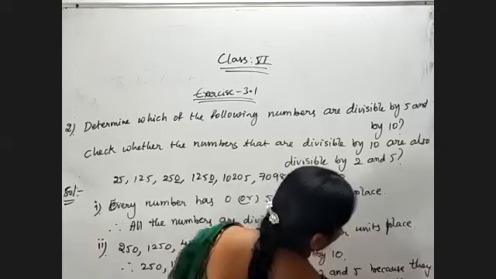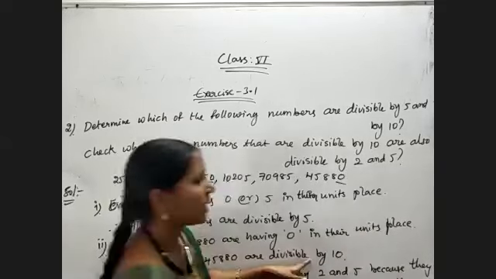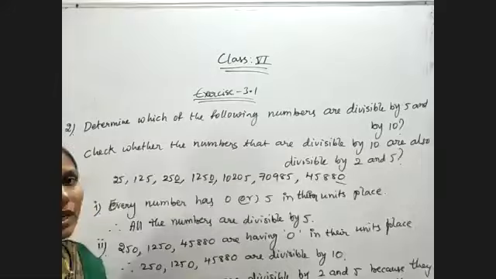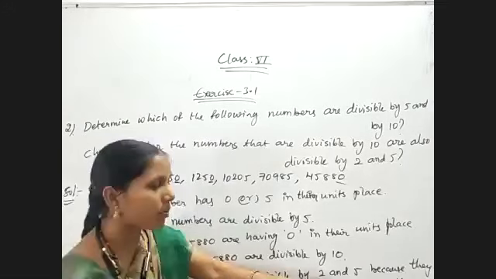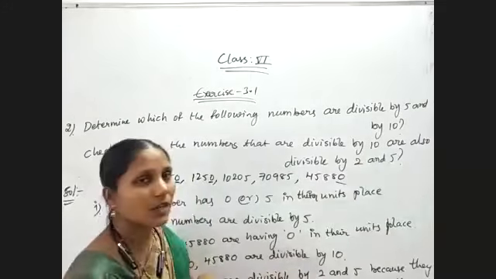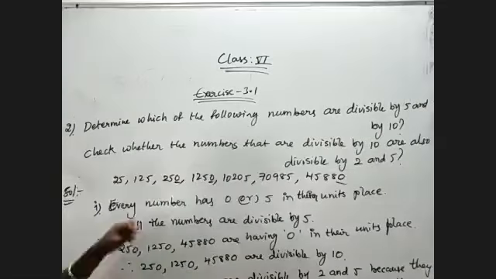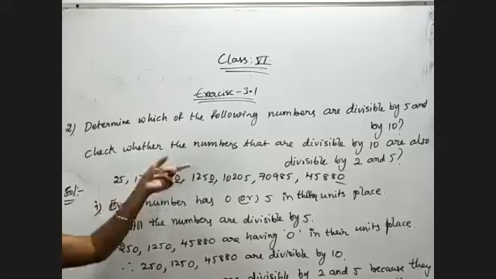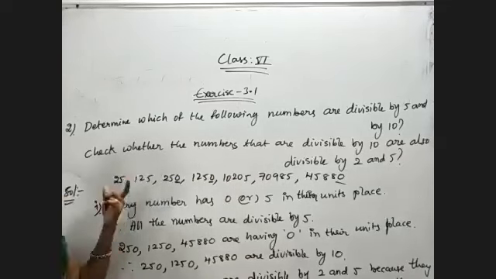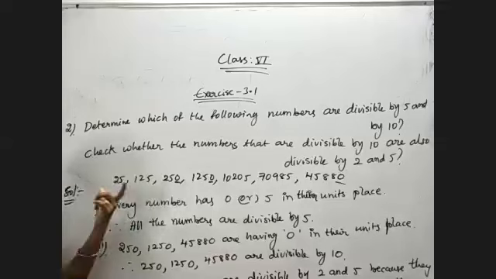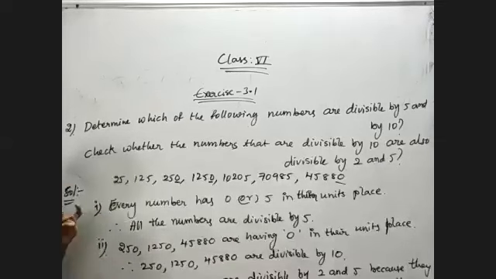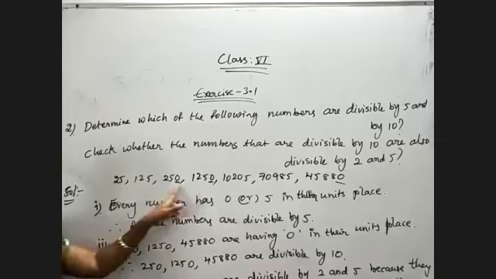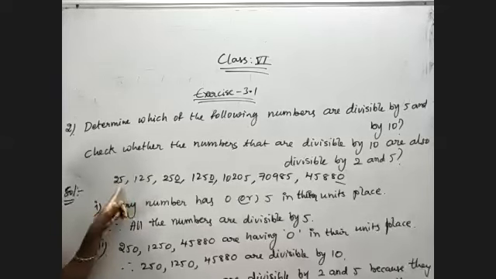So that's why the numbers which are divisible by 10 are compulsorily divisible by 2 and 5. Otherwise, the numbers which are divisible by both 2 and 5 are divisible by 10. So observe, in this question, they are asking the divisibility rule for 5 and 10. We know the divisibility rule of 5: if the number is having 0 or 5 in its unit place, that number is divisible by 5. So in all these numbers, either the number has 5 or 0. That means every number is divisible by 5.